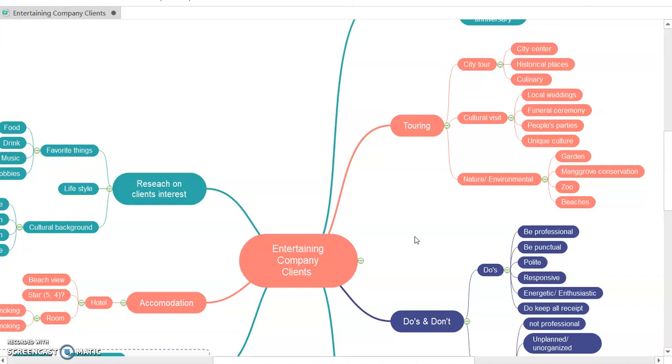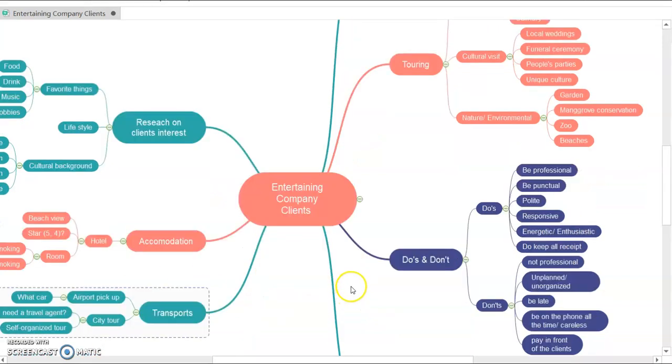Before you give the service, you need to understand who you are dealing with. There are some examples of activities that you can do when entertaining company clients. And the most important thing, all the expenses must be okay.